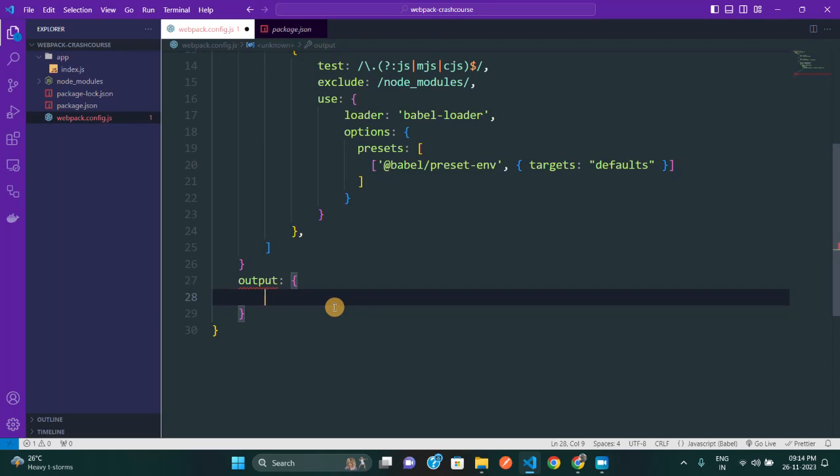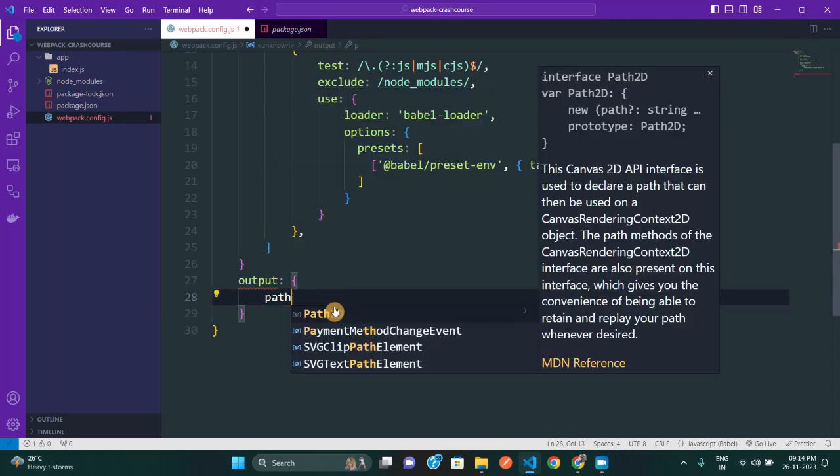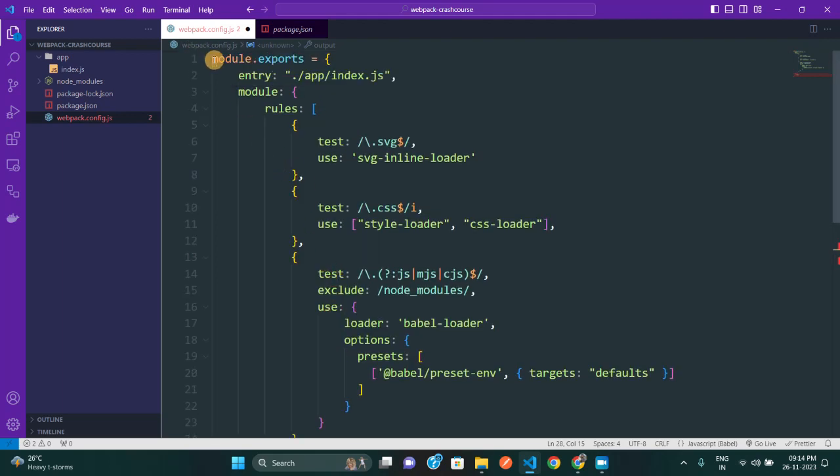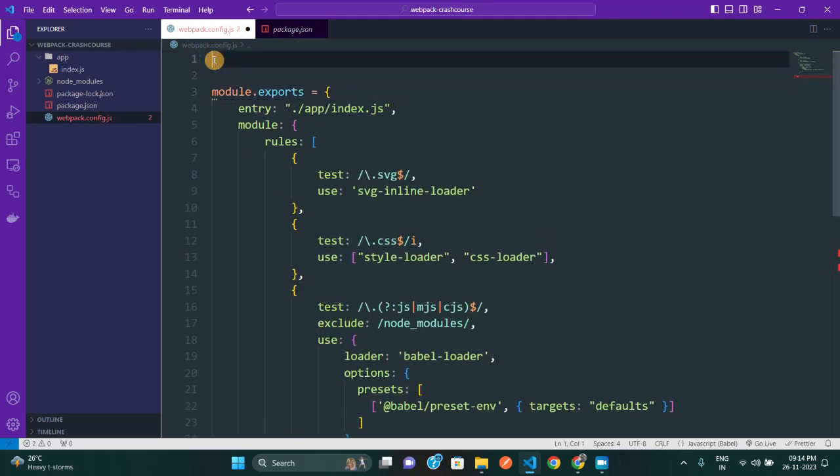Now in the output, we are going to say, hey Webpack, this is the path where you need to keep all our optimized code base. So that's why we have this output object here. We need to give a path to Webpack, so for that we are simply going to say path. Here we are going to import our Node.js package, which is known as path. So we are simply going to say const path equals